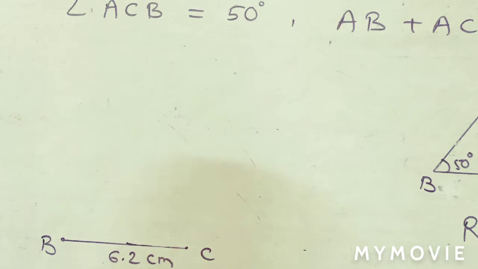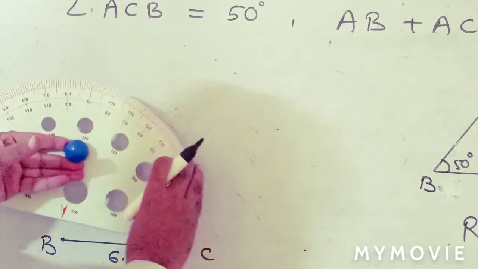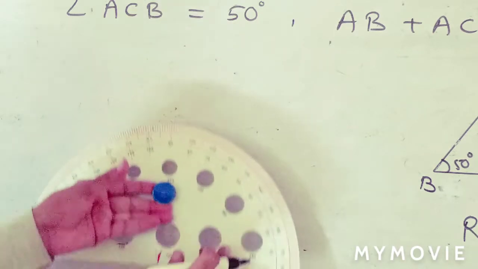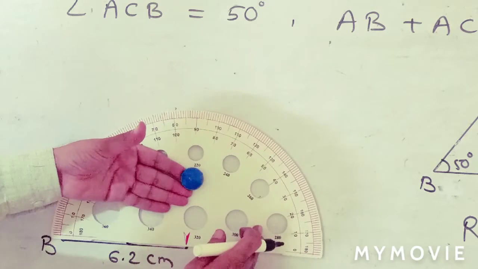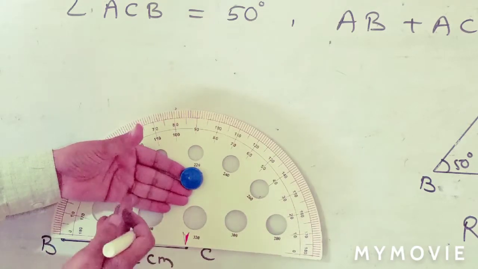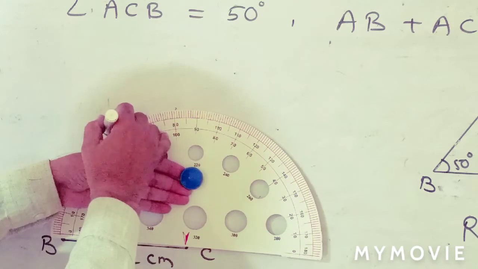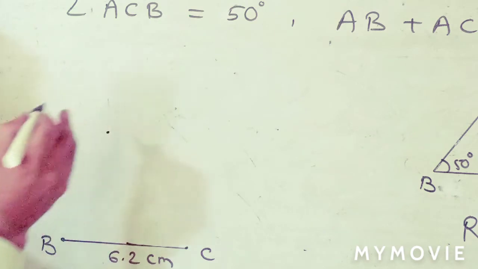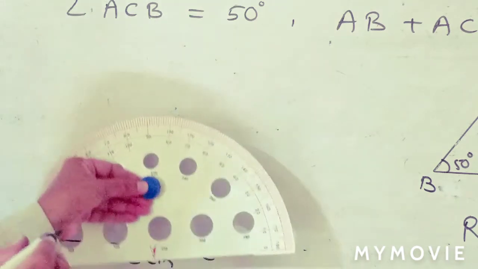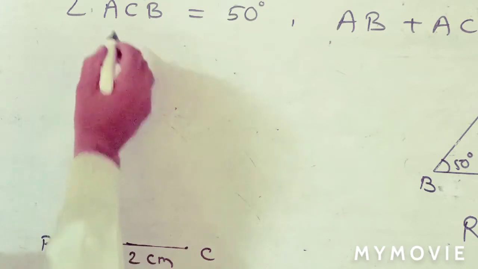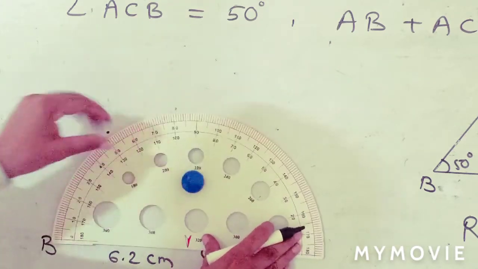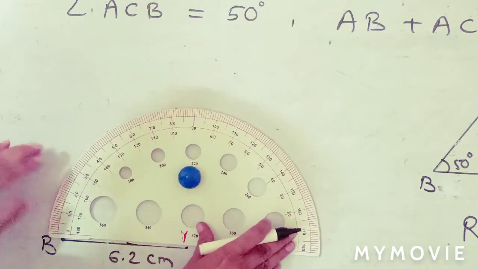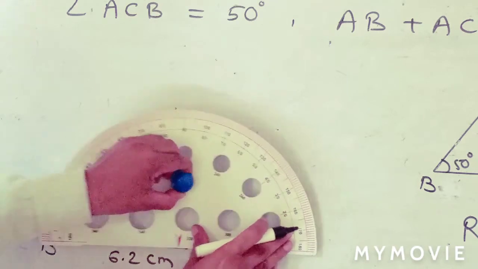By using the protractor, draw angle ACB, but now angle C. C is on the right side. Therefore, the protractor we have to put on the right side, and from the left, from the B side, you plot 50 degrees. Here the opposite is given. Angle ACB is 50. That's why we put the mark on C, and from the left side, from the B side, we have to mark 50 degrees. 50 degrees is here, the point is marked.